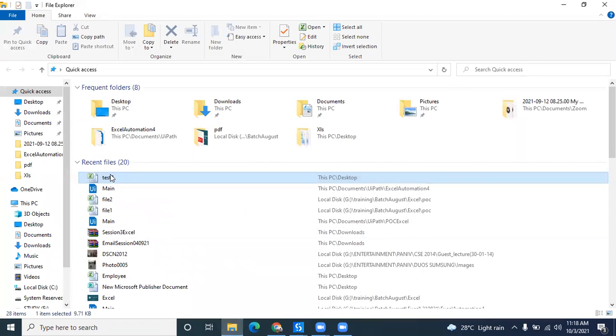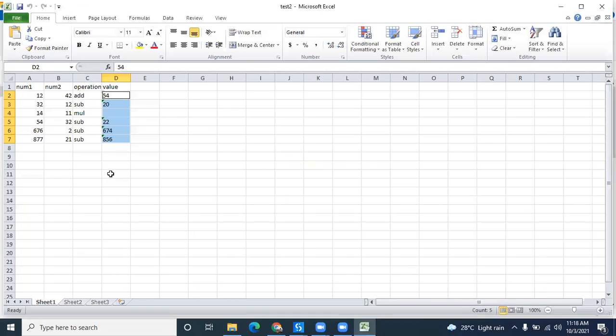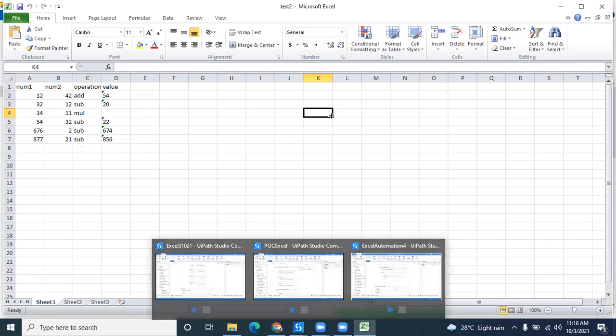Okay, bot is successful. Yes, you can see the values, those belonging to addition, it is added. If it is subtraction, it is subtracted. Multiplication, we haven't added code for multiplication, so it is not there. And for subtraction, it is doing the same operation. Sir, the cases work regardless of sequence, right? Works fine. Yes.